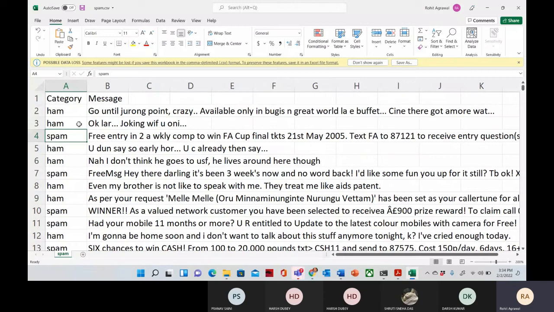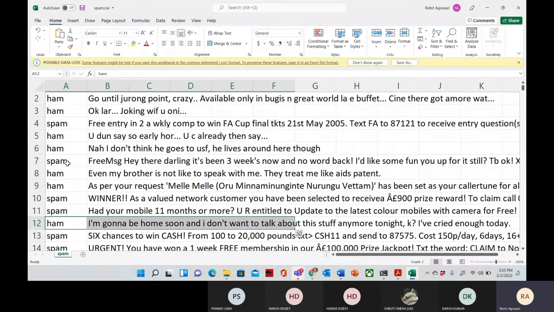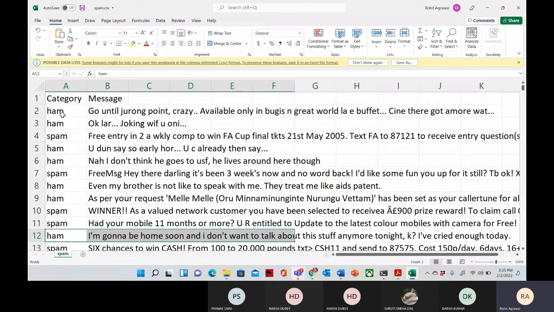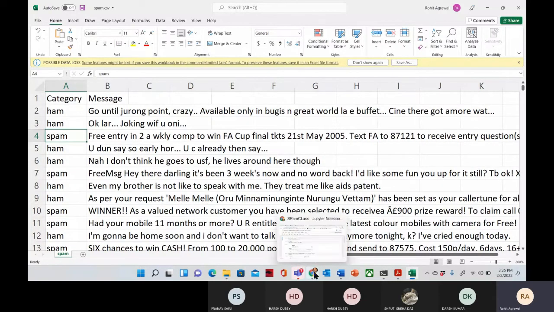So we have some messages, and this message is a spam message, you can say, and this message is not spam. So this is spam, and this is not spam. Here it is not giving 0, 1 as in the questions I gave you in the example. Instead of 0, 1, they have given a category, whether it is spam or not spam, and also the actual message. Our goal is to use the inbuilt Python library to check whether a message is spam or not spam. Clear? So the question is clear.